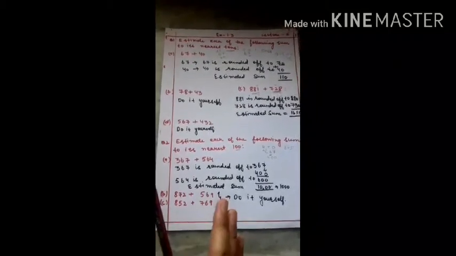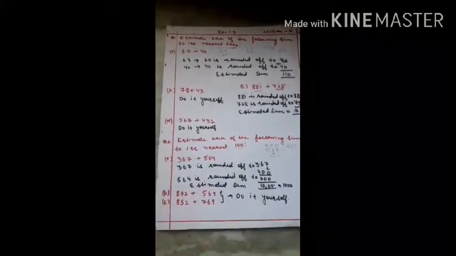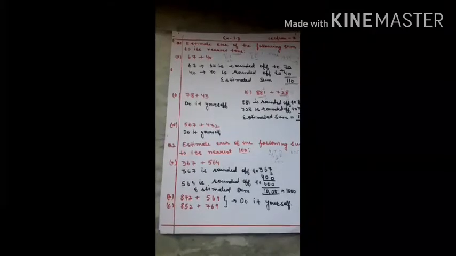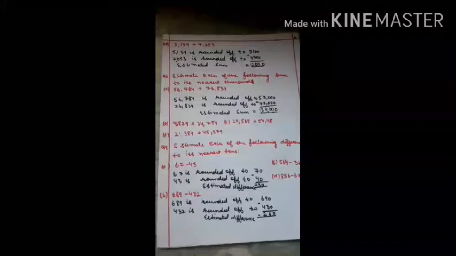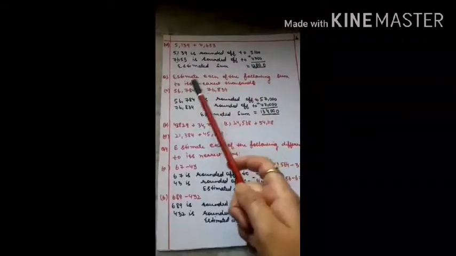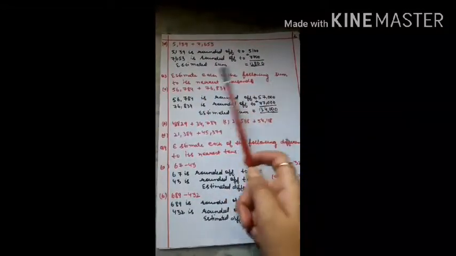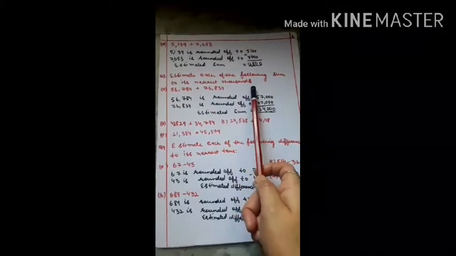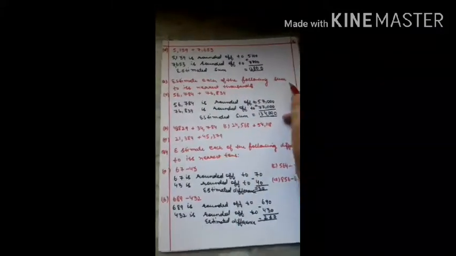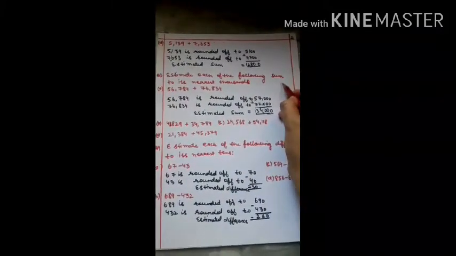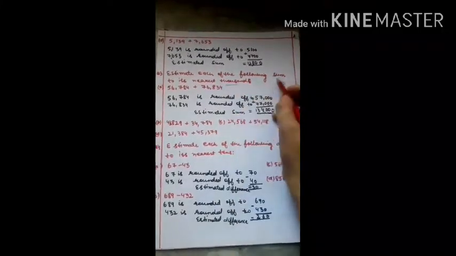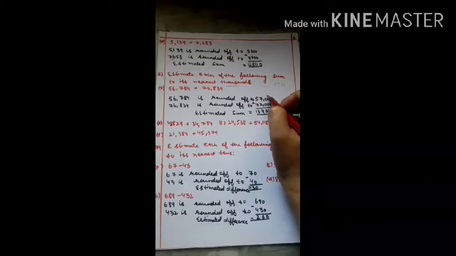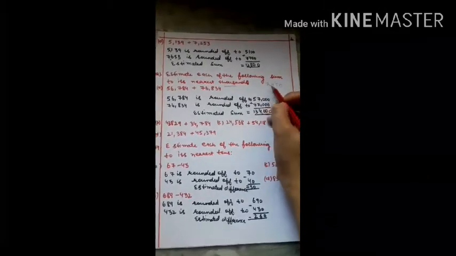It is not so difficult, class. Just round off the numbers, add them, subtract them, whatever is asked, you have to follow those procedures. Your third question is, estimate each of the following sums to its nearest thousands. In the case of ones you will write 0, in the case of tens you will write 0. It is asked to the nearest 1000. Now you look at the digit at the hundreds place, and plus 1 is added to the thousands place.